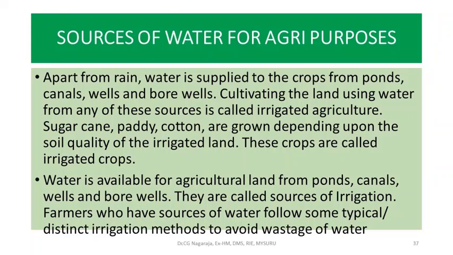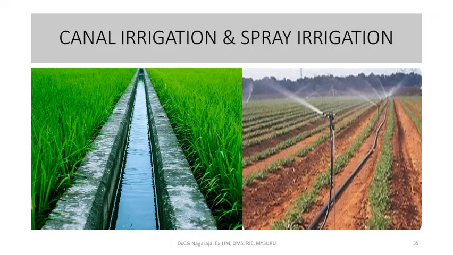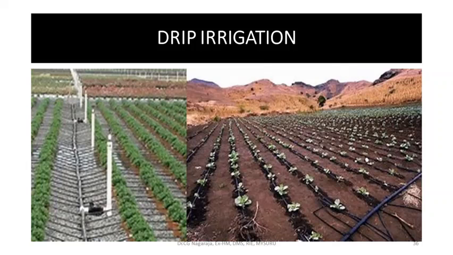Apart from rain, water is supplied to seeds maybe from the canals, from the wells, and from the bore wells. Once the seeds are sown, water is used, and that is called irrigation. Here, canal is used. That means water is taken from a water source through canals and fed to the plants. In this picture, we see the spraying method. Modern days use electrical machines and pumps and take the pipe. Instead of wasting water in the canal, they spray as much as we require.